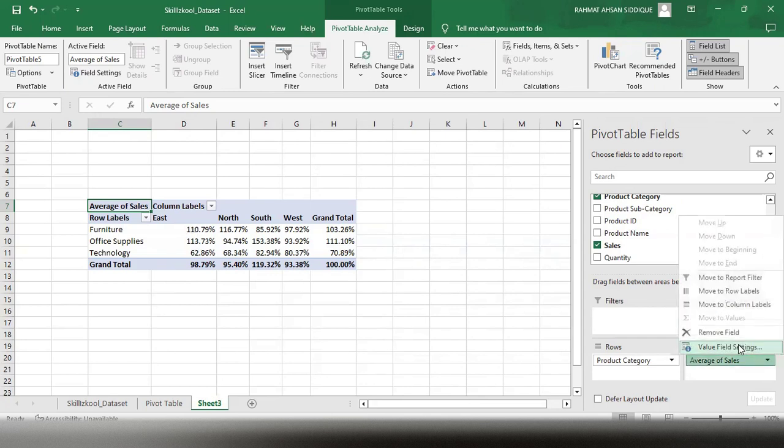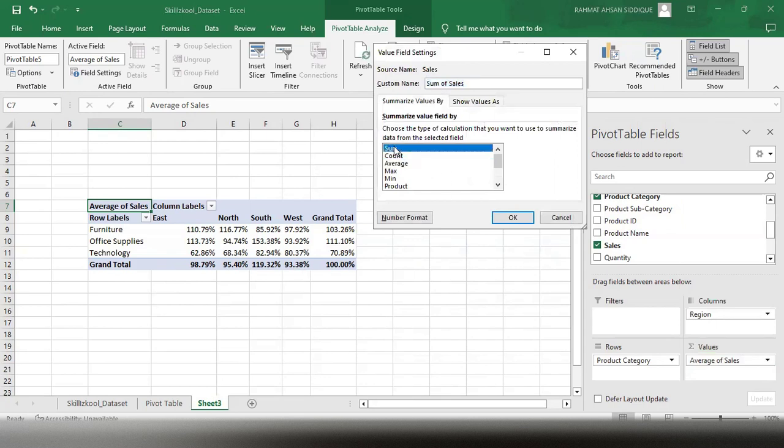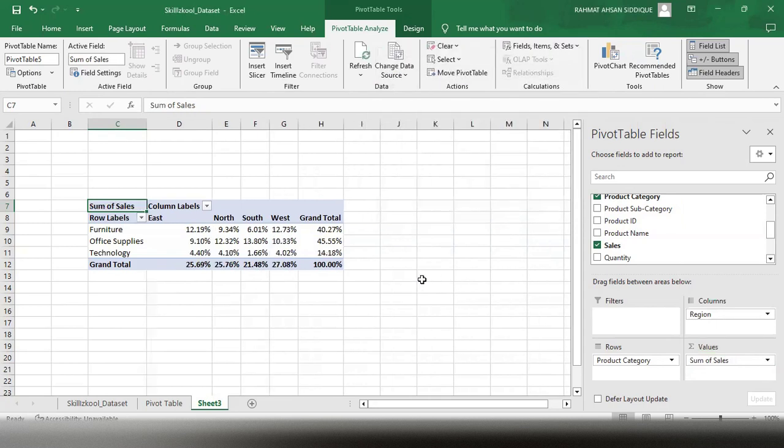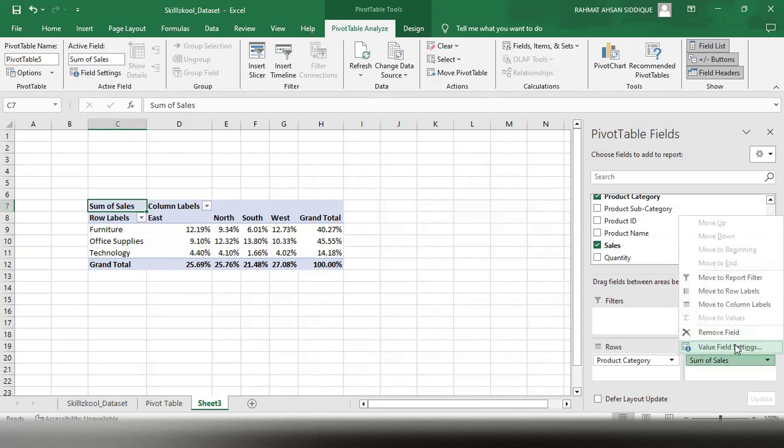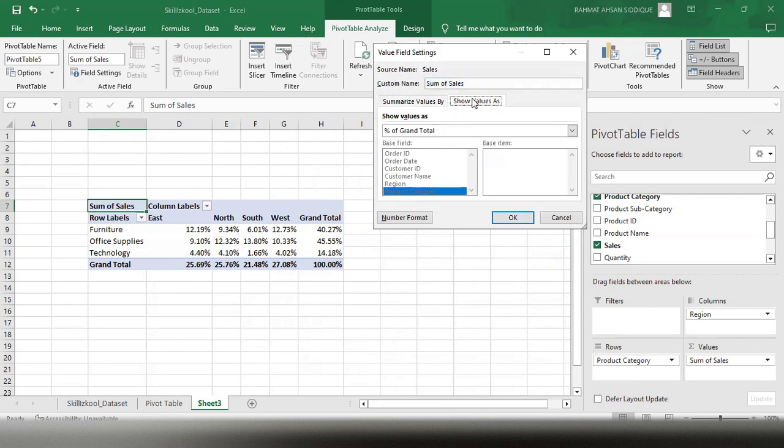First, I'm just changing back to the sum of sales, and here you can see that it is showing you the grand total. So what does it mean, percent of grand total? It means that it is showing you that 12.19% has been sold in the East region in the product category of furniture,